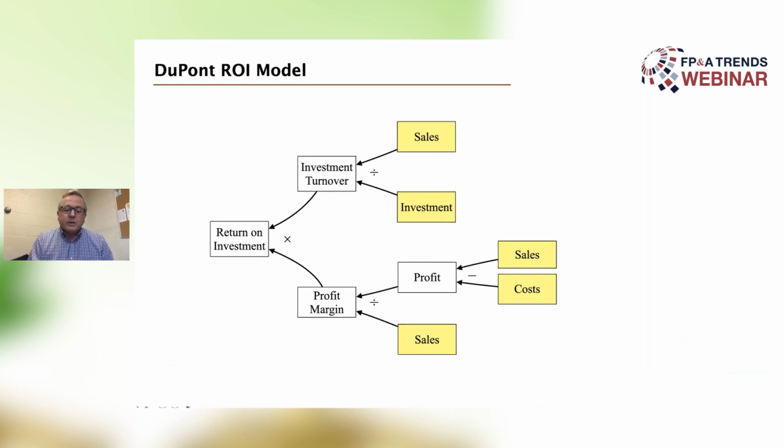This model became very interesting to an organization that debuted a few years ago called PACE. You can see that down at the bottom of this slide, the Profitability Analytics Center of Excellence. This model we see as originally a computational model, but we are interested in what causes sales, investment, and cost to move in the directions we want. It's not strictly a computational issue. On the next slide,